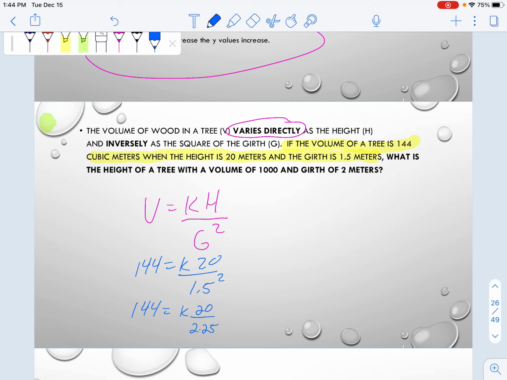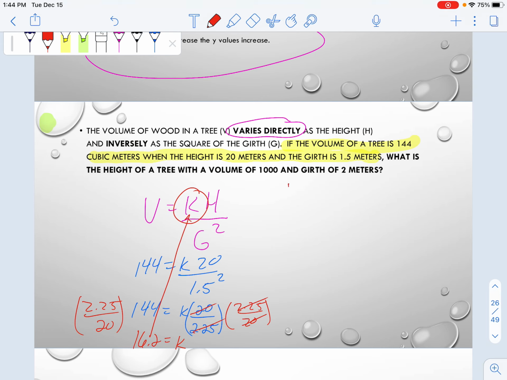Instead of dividing by this fraction, I'm going to multiply by its reciprocal to undo it, on both sides, of course. The 20's drop, the 2.25's drop, and we get k by itself. When we multiply this times 144, we get 16.2. So if we come back up here and plug that 16.2 in,